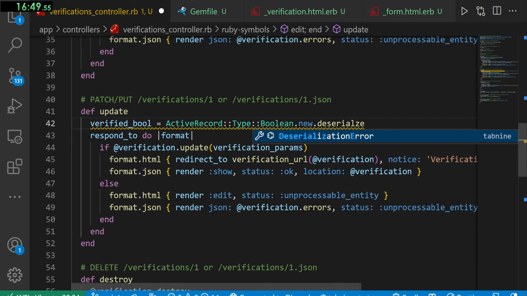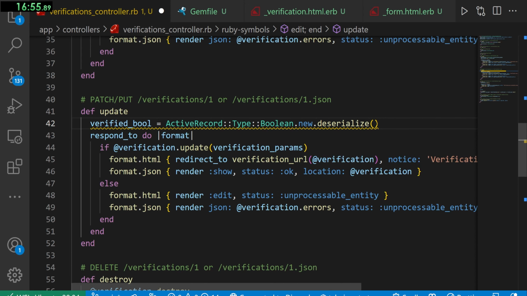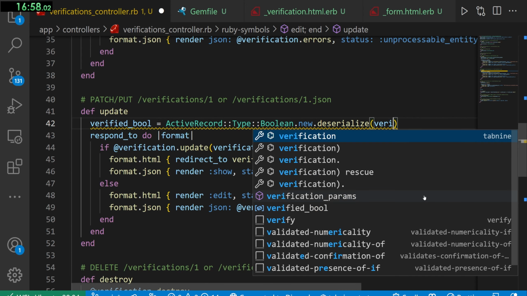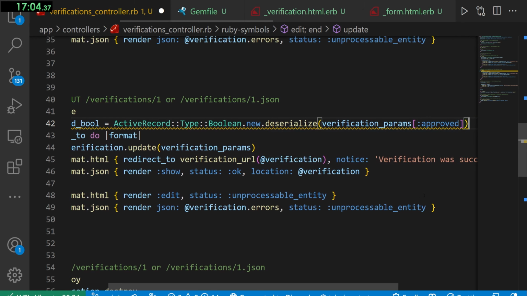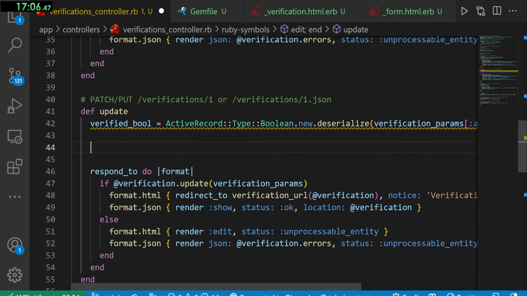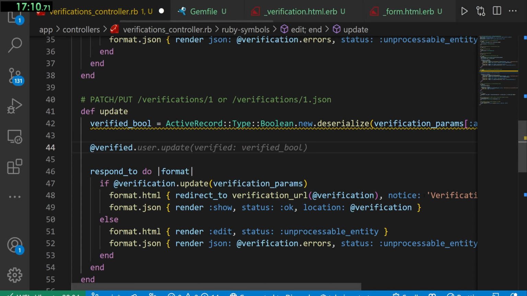I can't wait for someone to tell me that there's an easier way to do this, because generally there's a pretty smart person that comes into my comments and says, hey, actually you can grab this as a Boolean some other way, but I do need to do this as the params with the :approved. And now that we have this in a nice clean variable here, we can do @verified dot, @verified,